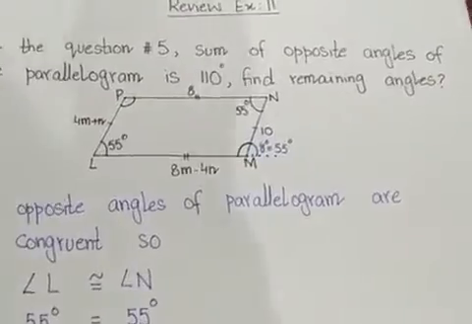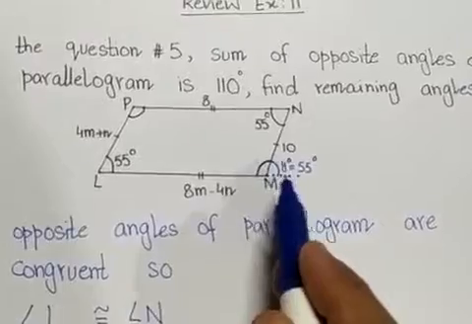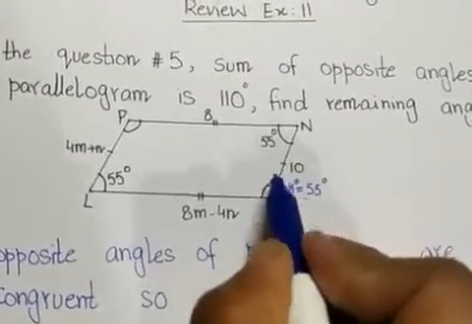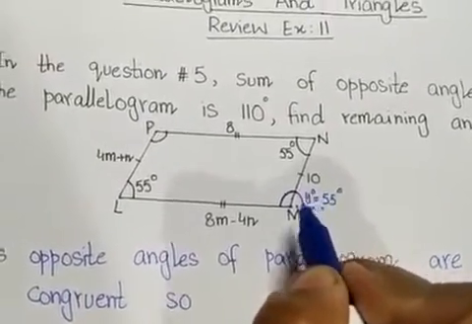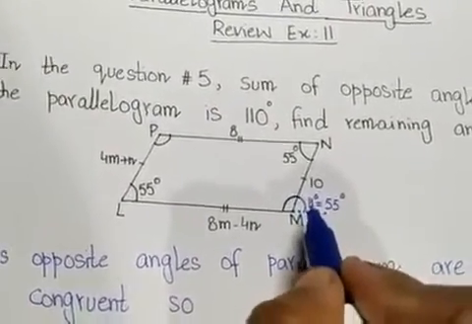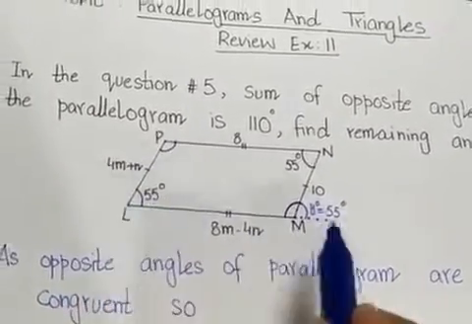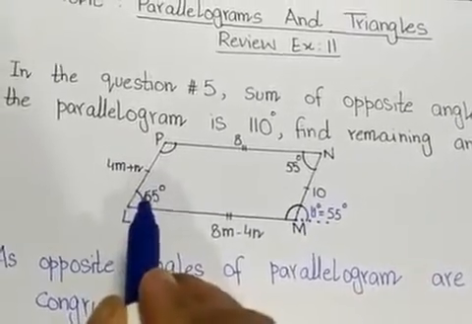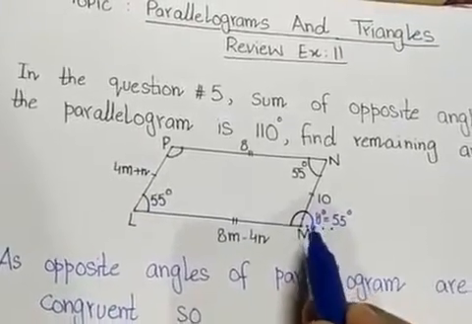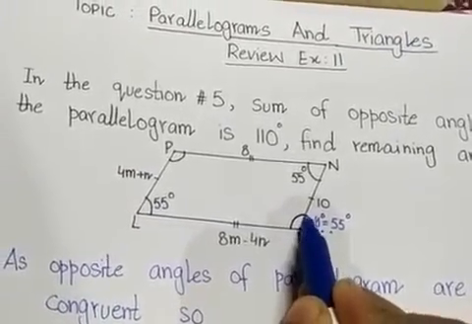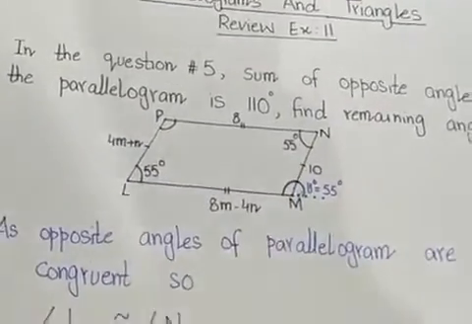Again, to find the value of M, I will extend this side. As you can see, the dotted line, I have extended this side. And I have named this external angle as Y degree. Clear? So, again, this Y degree is corresponding angle of 55. So, the value of this Y is 55. This internal angle is equals to this corresponding external angle. Here you can see this is the angle Y. This Y is equals to this 55 degree.